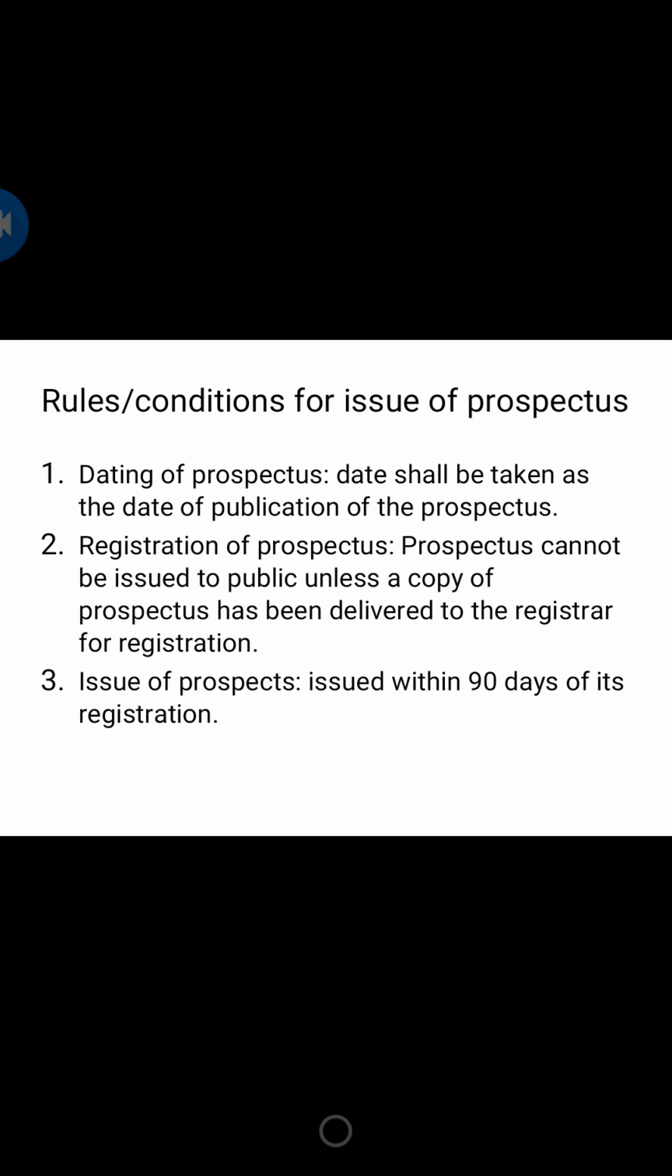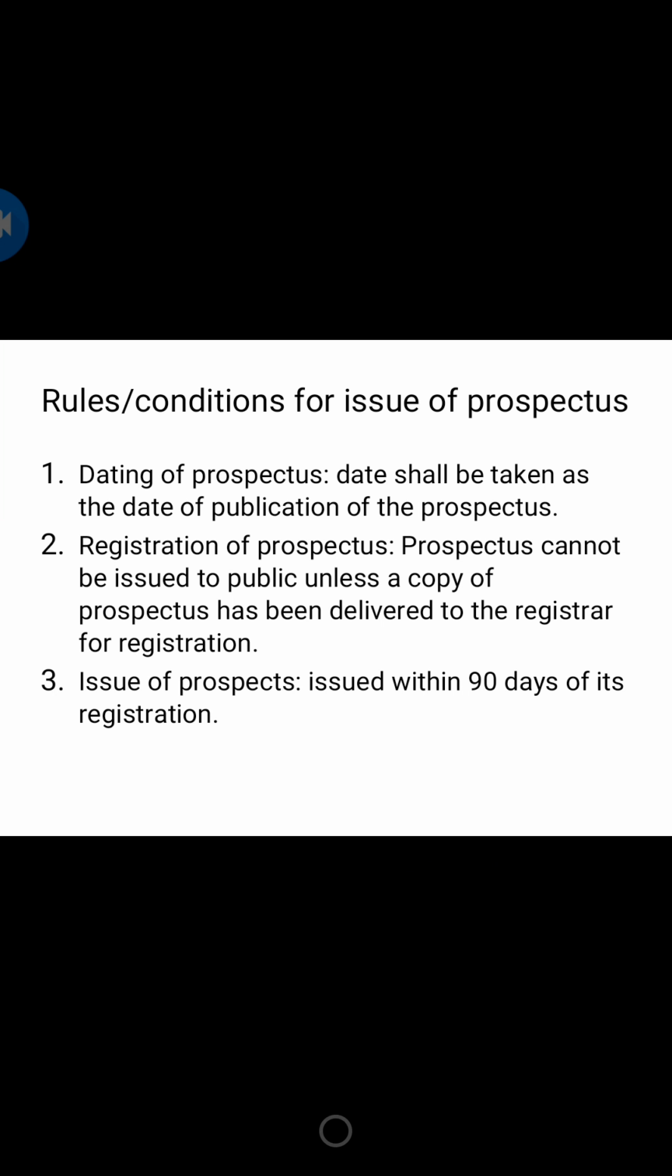Here, what you are going to do is file the prospectus with the registrar. So the dating of the prospectus, the date mentioned, shall be taken as the date of publication of the prospectus. The next is registration of the prospectus. A prospectus cannot be issued to the public unless a copy of the prospectus has been delivered to the registrar for